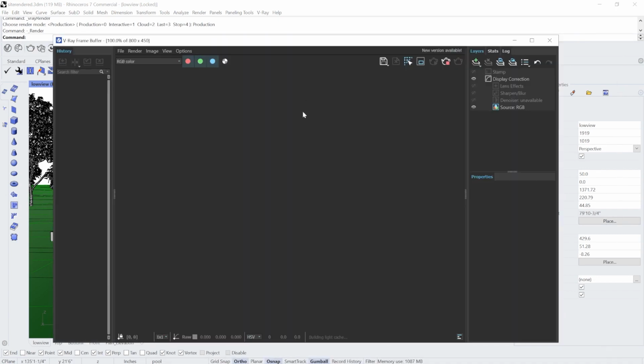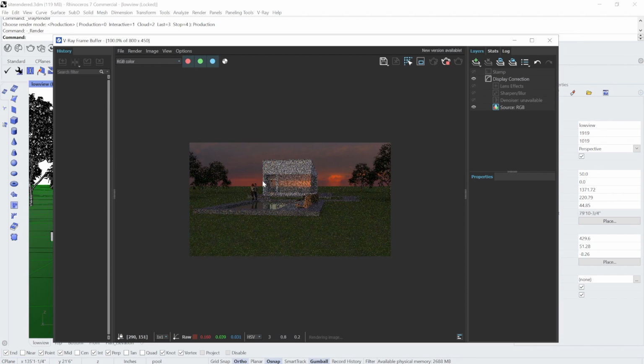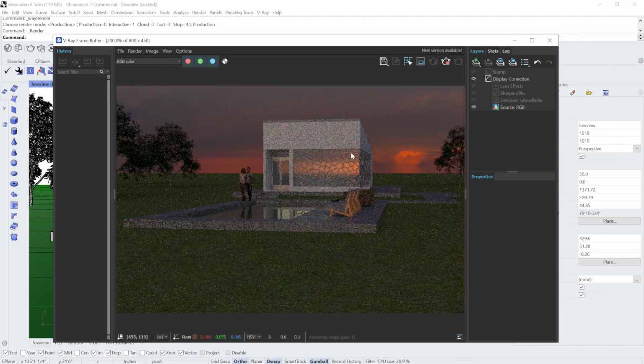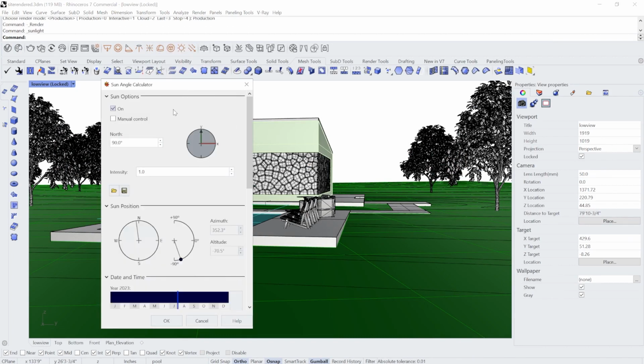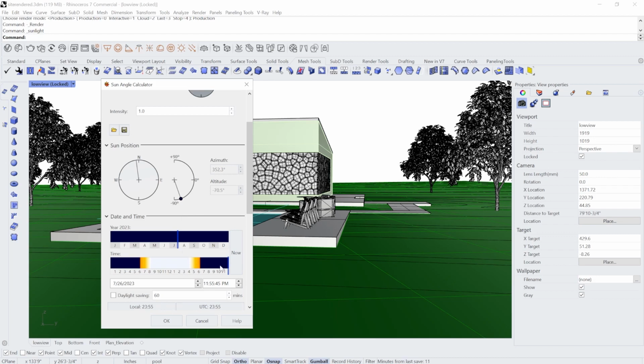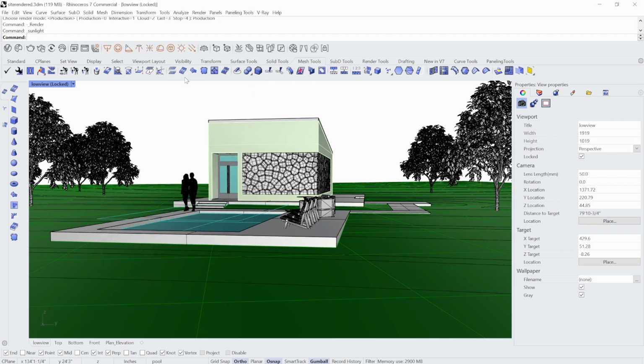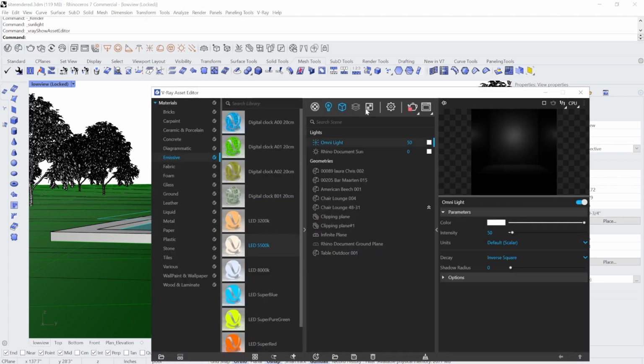I'm going to bring the frame buffer to the window so we can see how things look immediately. Okay, so we do have a background already. And I'm actually going to look at the sun so we can coordinate all of these. Essentially, go to our V-Ray menu and open the sun control panel. You can see that we've set this up to a later time of night. And if I go into my asset editor and look at what sort of light is there,